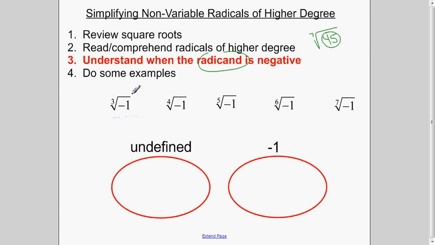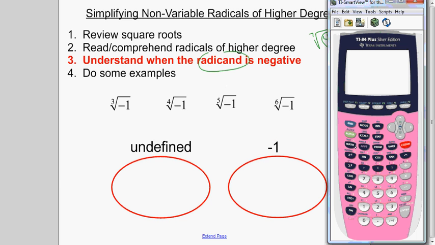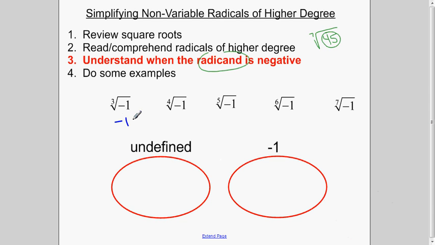-1, which means what number times itself 3 times is -1. Well, if I just did that on my calculator by hitting the math button, selecting number 4 from the menu for the third root, and getting -1 as the radicand, you'd see I would get -1. Okay, and so I'll put -1 here,